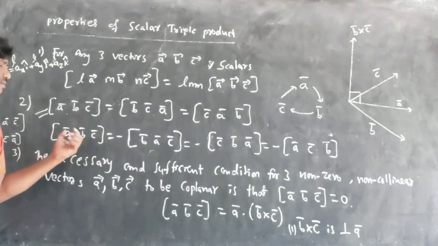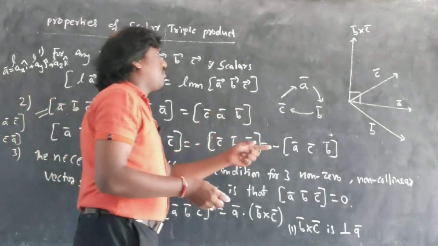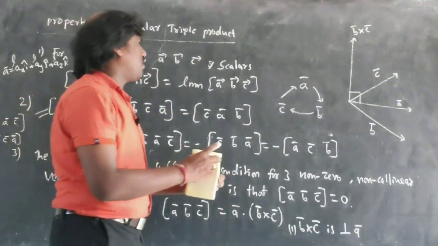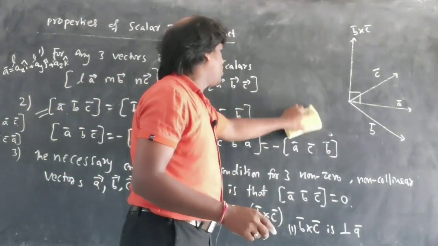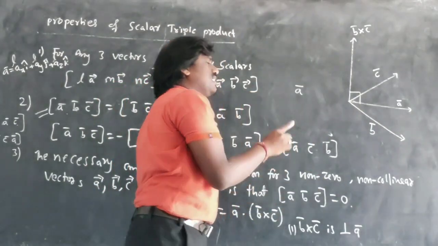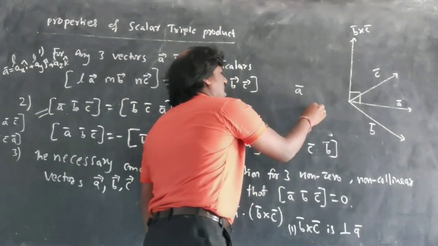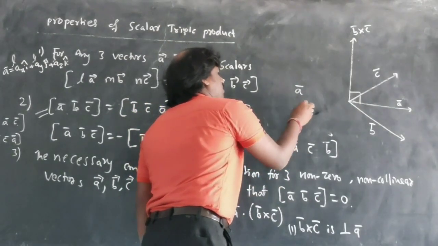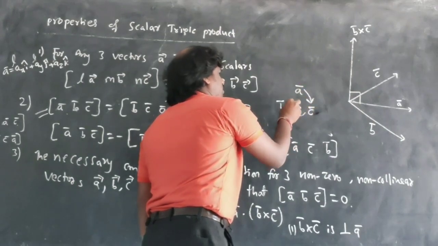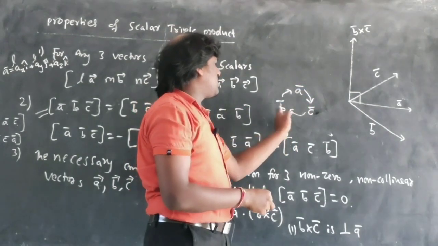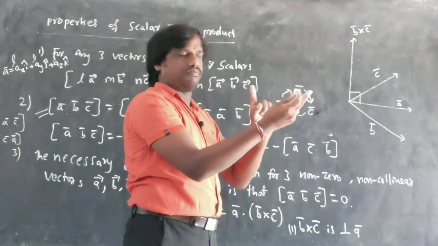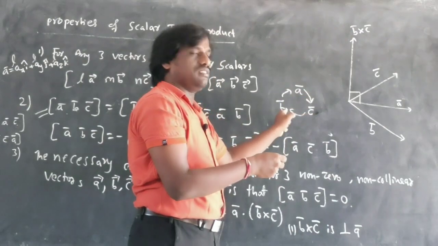And another time, if you have another replacement, suppose instead of this it has another way, I'll show you how it is. If this is a vector, and instead of B here you have a C and you have a B, it means you don't have them in a sequence. You have BC interchanged or AB interchanged. Suppose they are not in the sequence and they are interchanged.